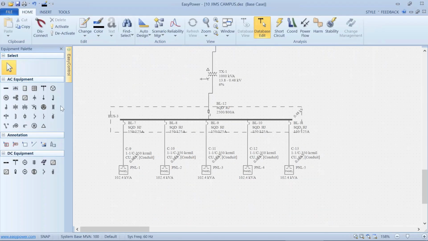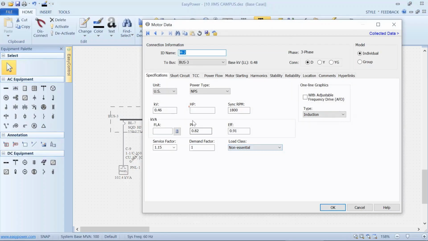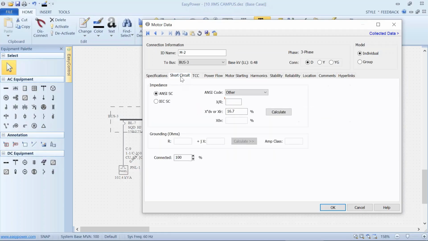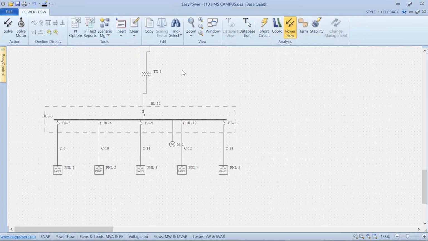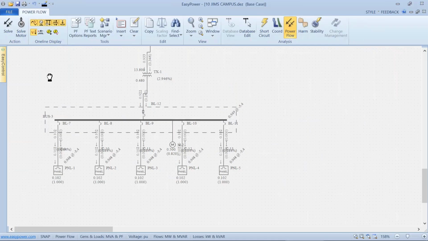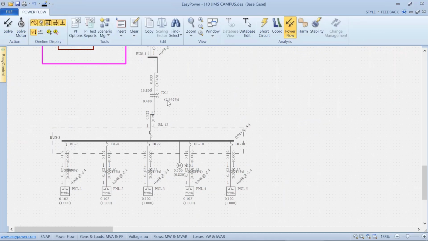Well, if that's not the case, if our load is such that we have a greater, let's just add a load here to do this. Database, let's say add a large motor. And I'm not concerned about controlling it. I just want to put a lot of load on here and see what happens. Let's say this is 500 horsepower. And we're going to be evaluating it at 100%. So if I come in here and solve, now I see a drop across the transformer of 2.9%,